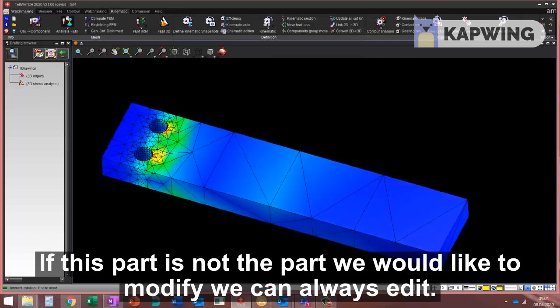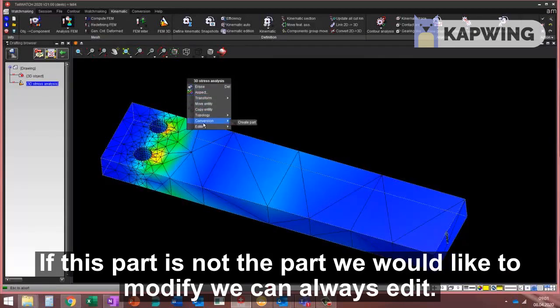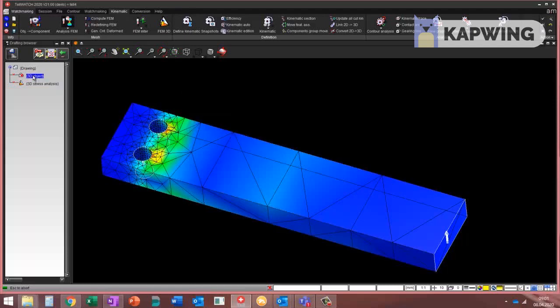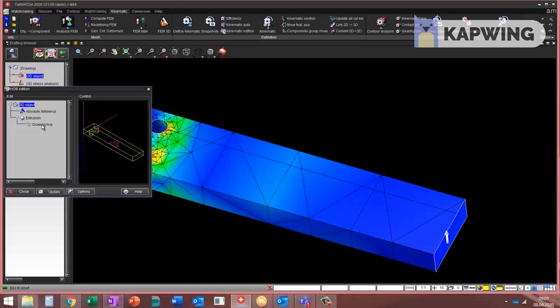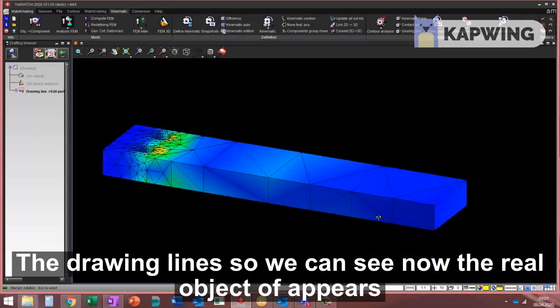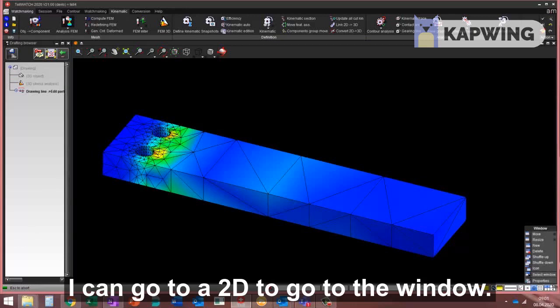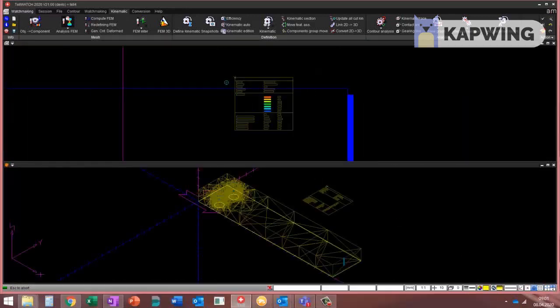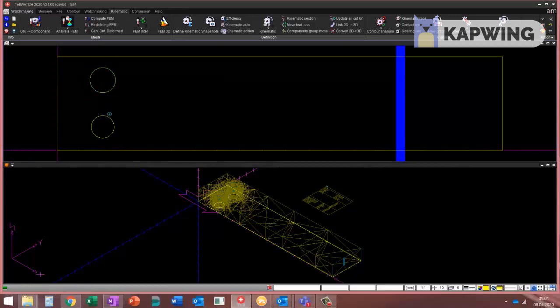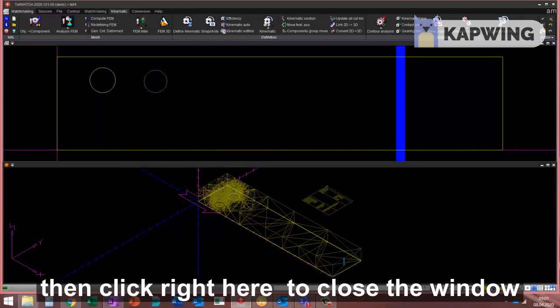If this part is not the part we would like to modify, we can always edit the object, the drawing lines, so we can see now the real object that appeared. I can go to the 2D window, modify the size of the holes, and even move the entity. We'll put it right here, close the window,